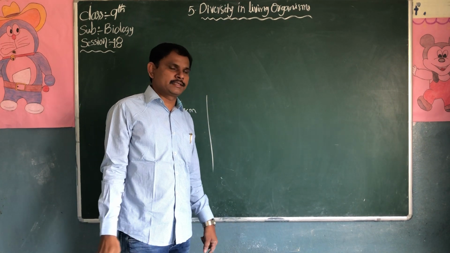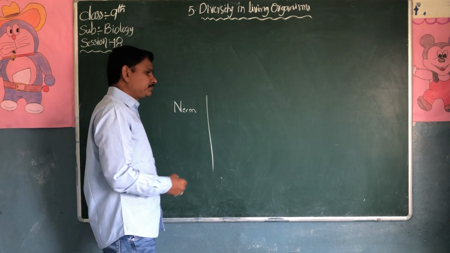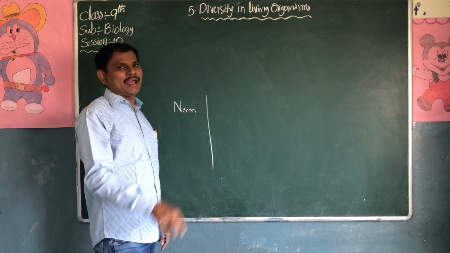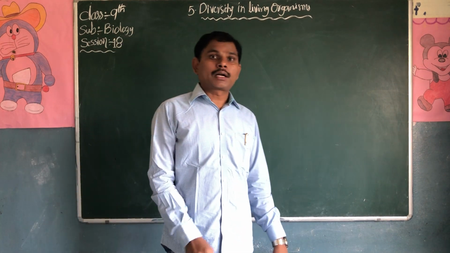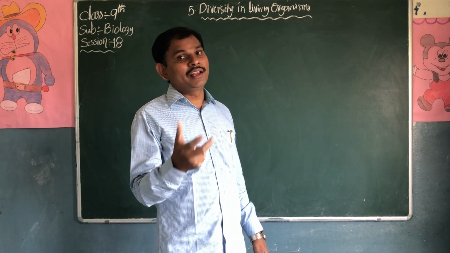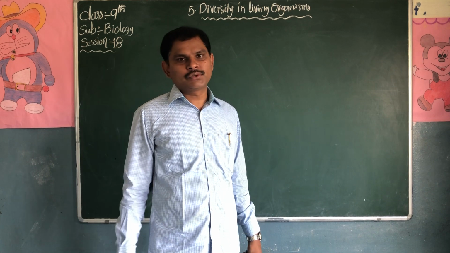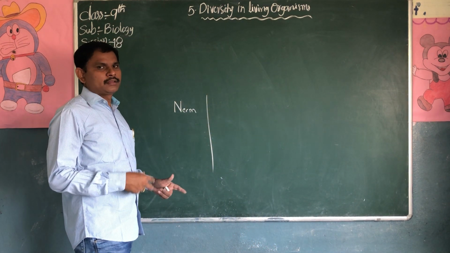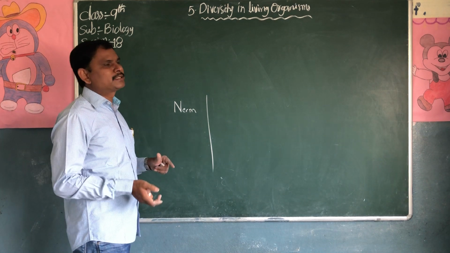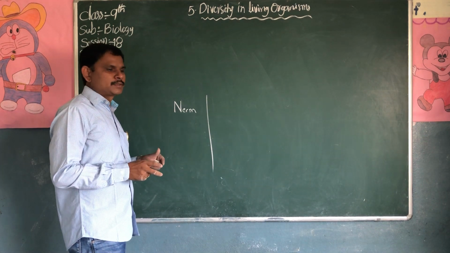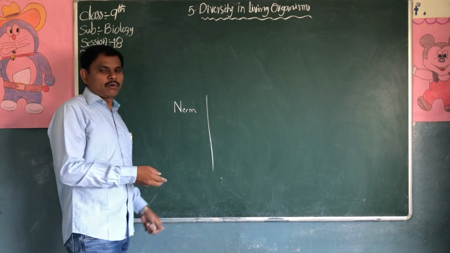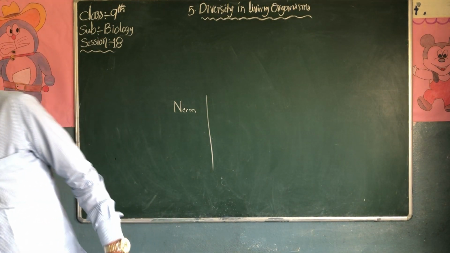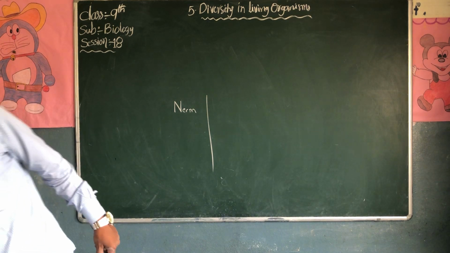When you compare the 2 neem plants, the size of the plants is not exactly the same. There may be differences, but there are similarities. Like, the color of the plants is the same. The color of the leaf is green. So there are some differences, and there are some similarities in the same species. This is about the differences and similarities of the plants.